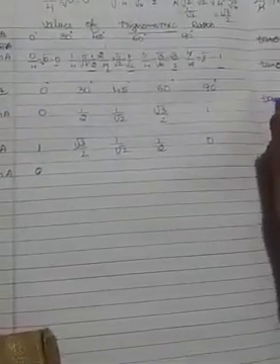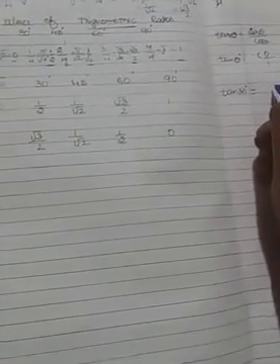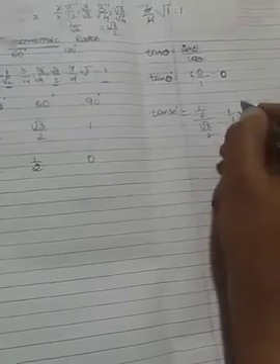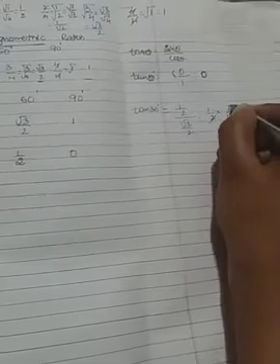In the same way we can write next, after tan 0, tan 30. I told you already tan means sin theta divided by cos theta, that means sin 30 divided by cos 30. So sin 30 value is 1 by 2, divided by cos 30 value which is root 3 by 2. So we take its reciprocal: 1 by 2 into 2 by root 3. Okay, 2 cancels, remaining is 1 by root 3.